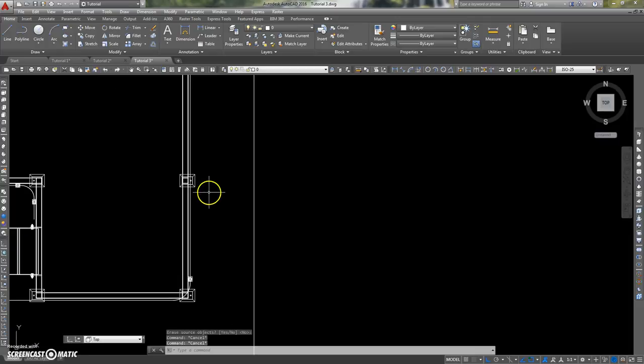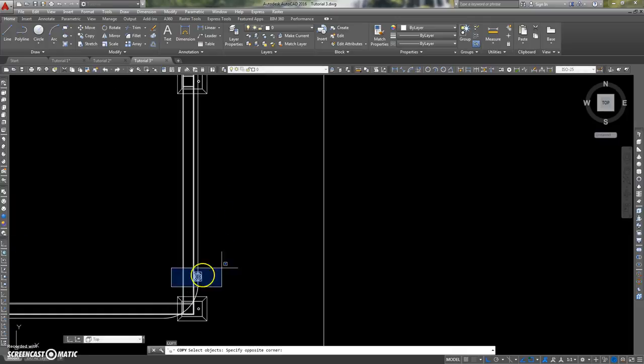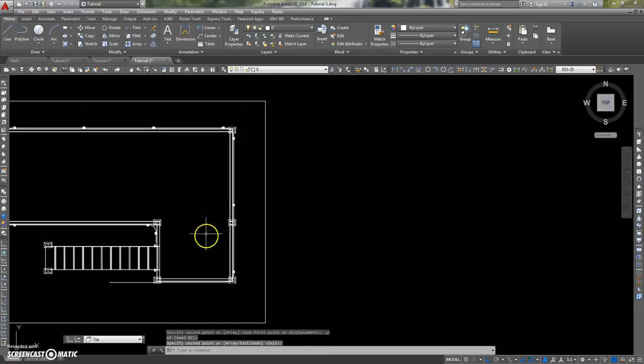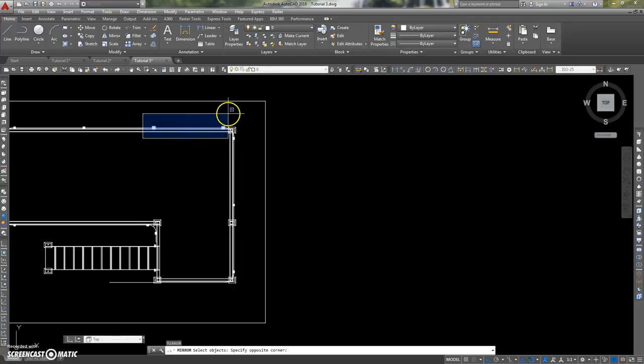So that'll probably need one in the midpoint. So C over copy, that one there, the dot Y of midpoint of there, and these two here,